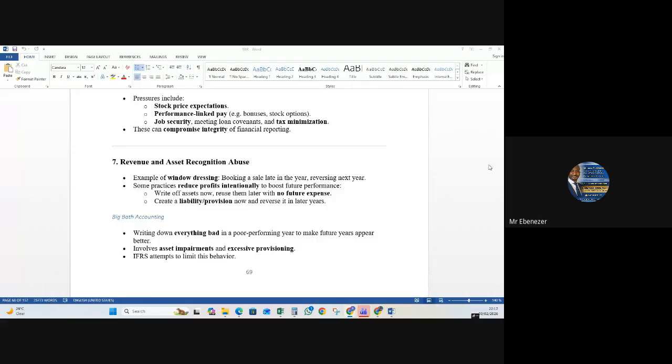Now, some practices reduce profit intentionally. There are some organizations that reduce their profit intentionally. Now, the essence of this is that